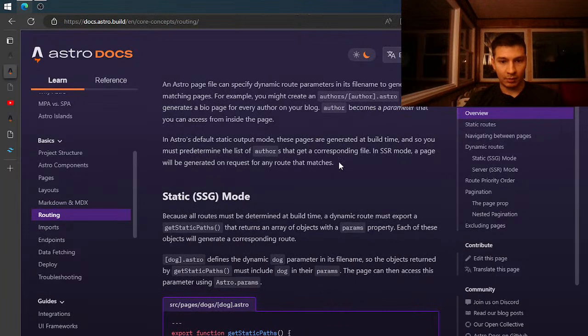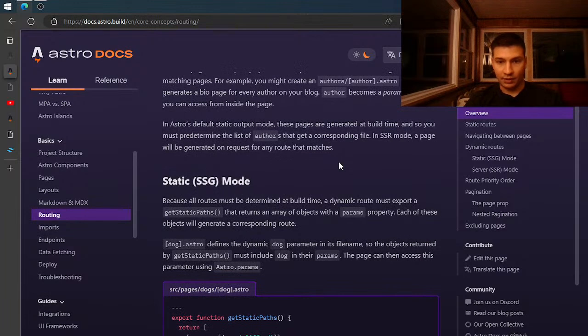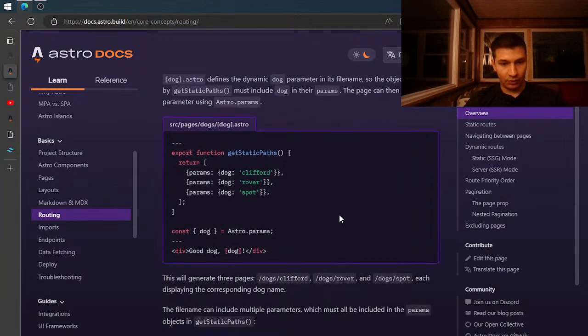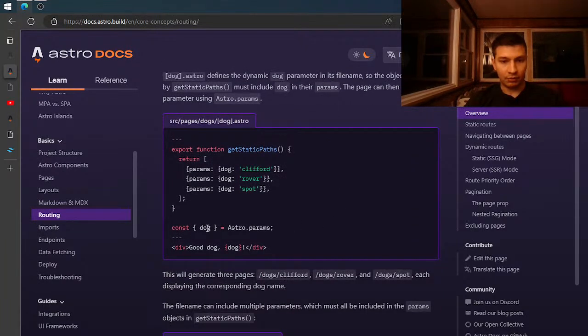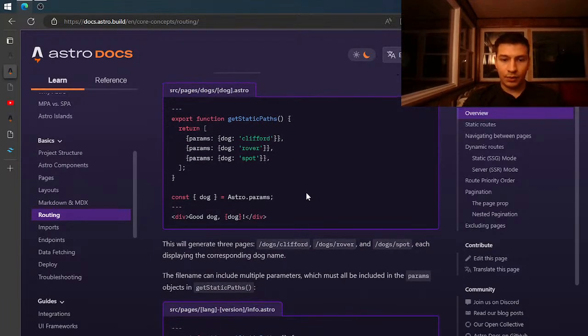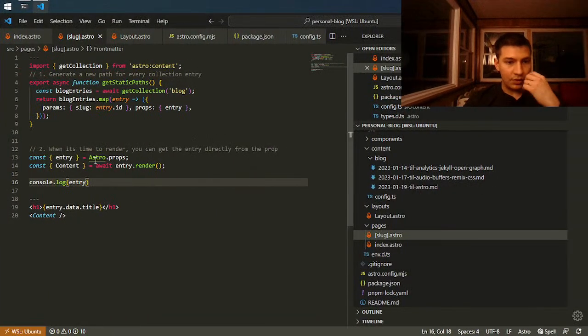In Astro's default static output mode, these pages are generated at build time, and so you must determine a list of authors that get a corresponding file. In SSR mode, a page will be, okay. So if I have a dog.astro, yeah, okay, so the parameter there is dog. And then we have this getStaticPaths, which does params of dog Clifford. So I think this really should be called,